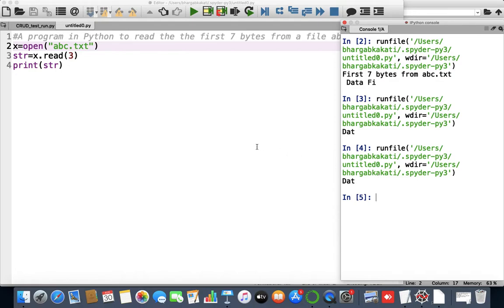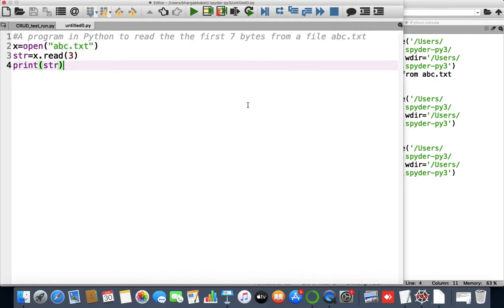Okay, this is the first program, that is reading first n number of bytes from a particular file. Now I'll make a Python program to read the first 3 bytes from a file. After reading first 3 bytes from a file, I'll be reading the next 7 bytes from that file. Okay, so now let's implement that program, a program in Python to read the first,